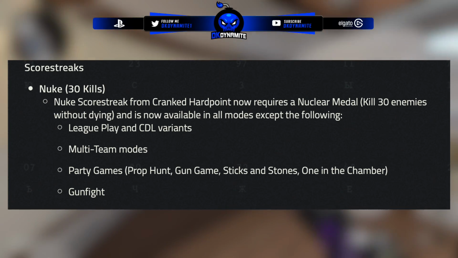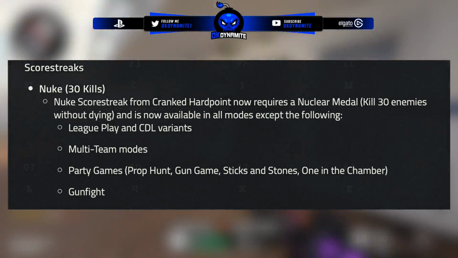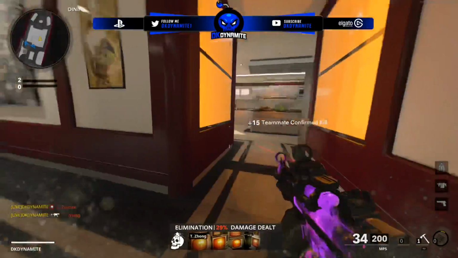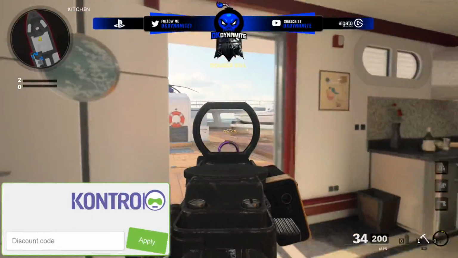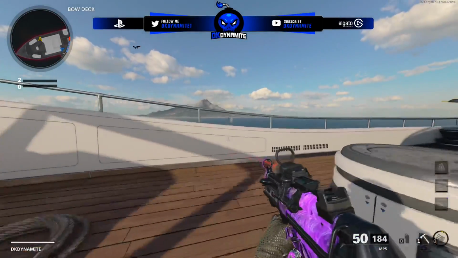So before, you weren't able to use the War Machine to earn any progress for the Nuke Streak itself. Not talking about a nuclear, the Nuke Killstreak. You were able to use Death Machine and the hand cannon, but not the War Machine. They've changed that with this update, so I'm curious if they're going to revert this change in a future hotfix